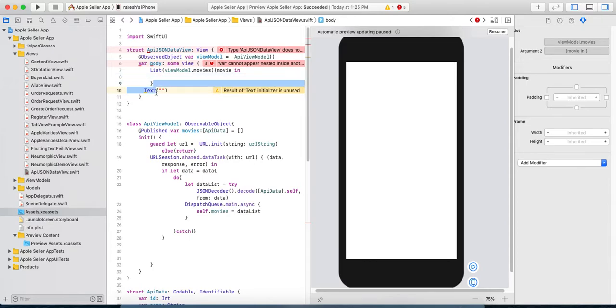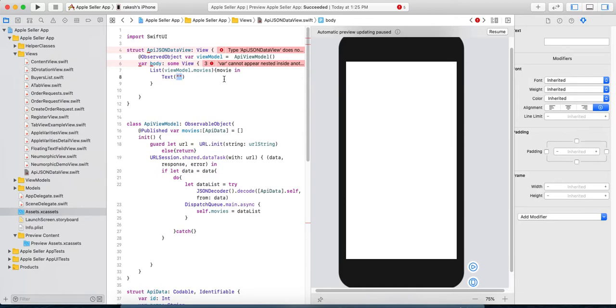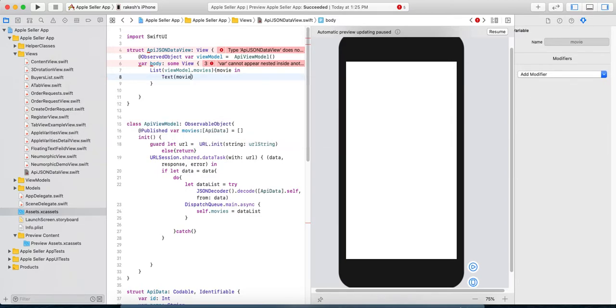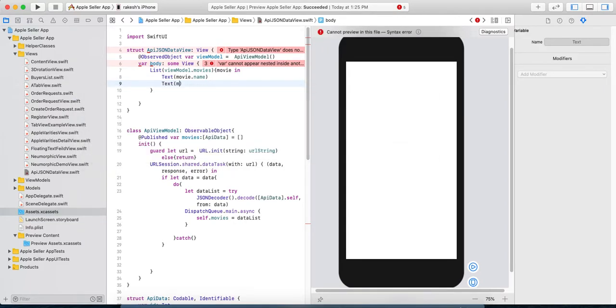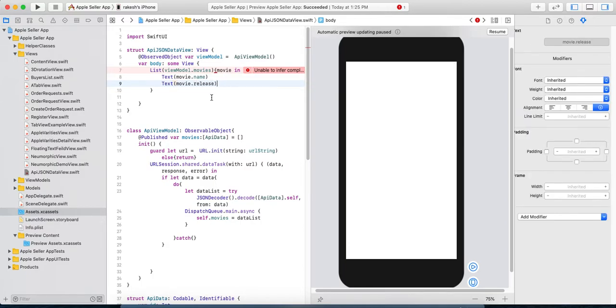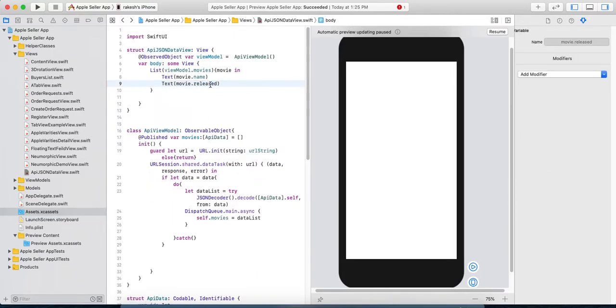Now we will add a title and a date. Title will be movie.name, text, movie.released.